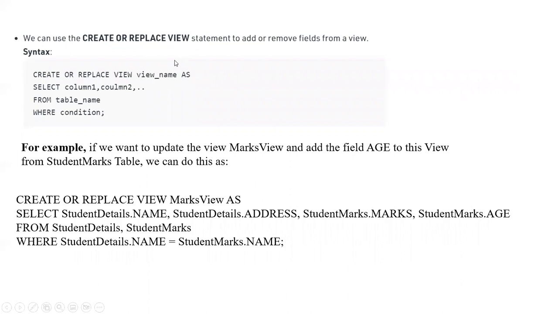So what is the syntax in order to update a view, or replace, or if you want to add or remove fields from a particular view? It is create or replace view, view name as select column 1, column 2 from table name and the condition. So this is an example where create or replace view marks view as you're making some updation to the particular view which you created before. So the same thing, you're trying to select the name, address, marks, but here we are also including a column called age. So from the two tables, and you are